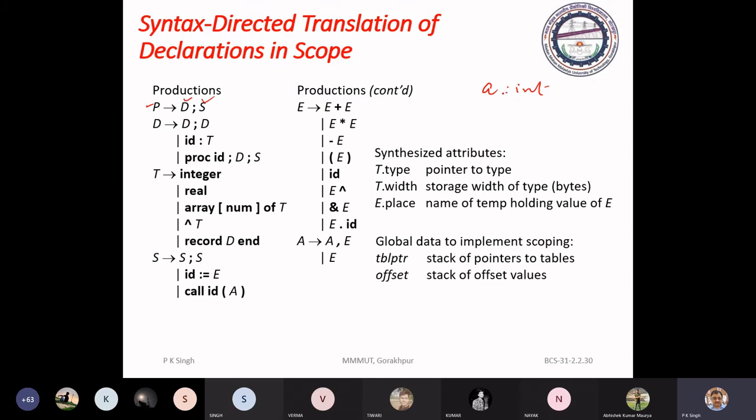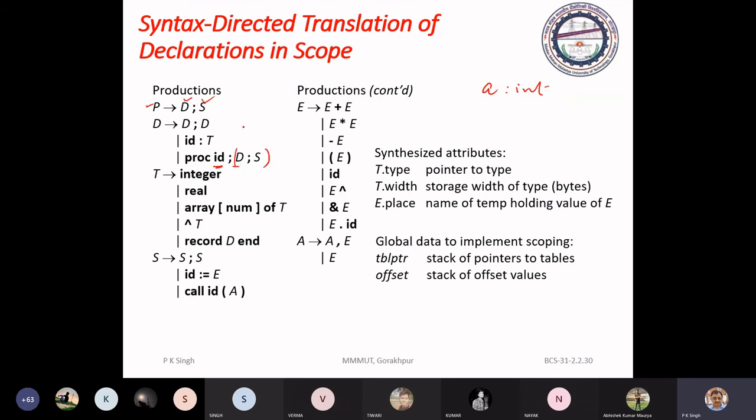This syntax is taken from the language Pascal, and it is in the Ullman book, you can refer. Next, procedure or function declaration. This is the name, and this is the body.